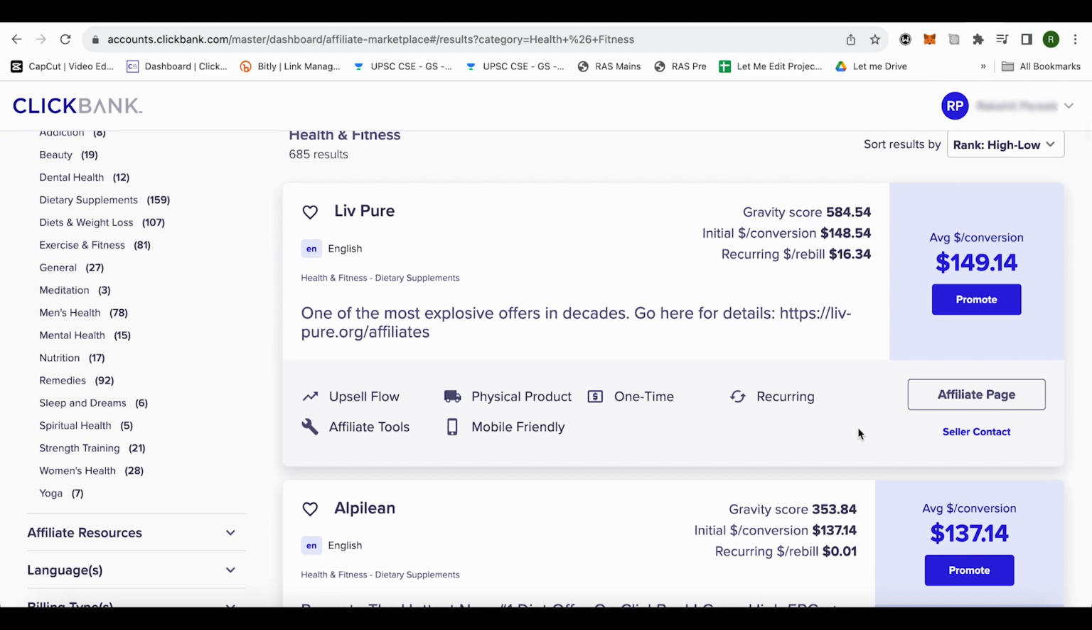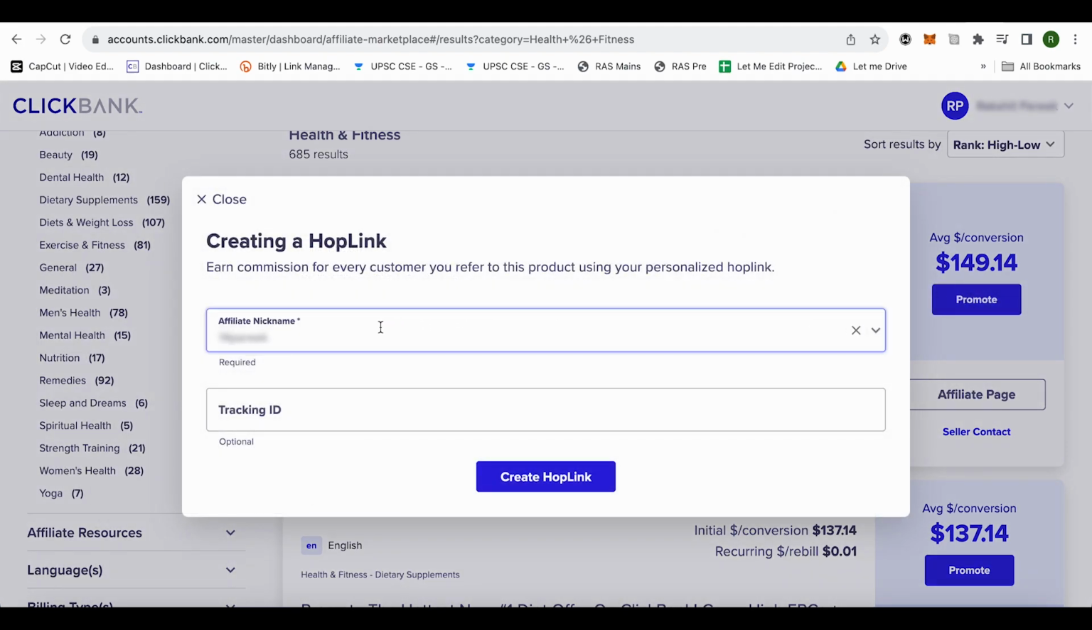And in order to create the Hoplink, you just need to click on this option of promote. After that, type your nickname and click on this option of create Hoplink, and this way you would be able to create a Hoplink. So in case you are not able to find your affiliate nickname, you can just simply